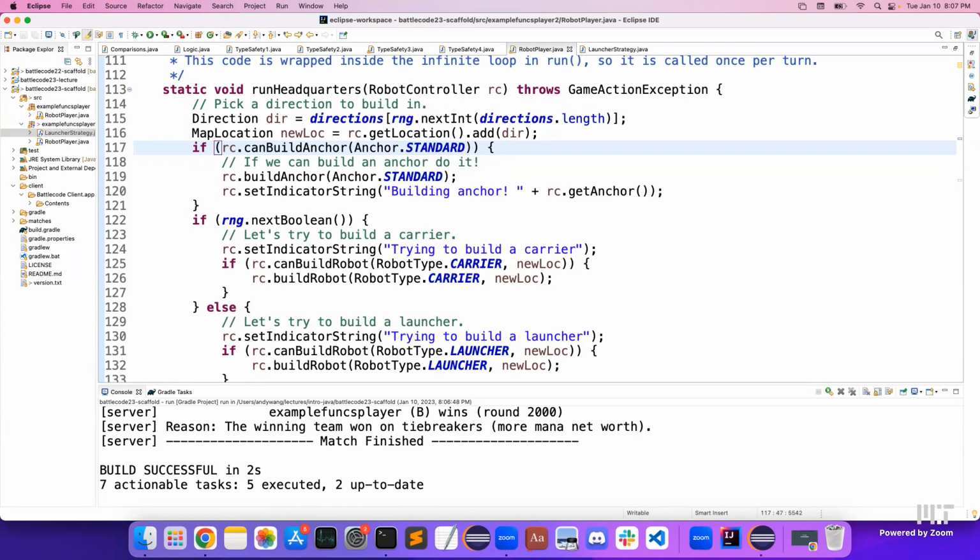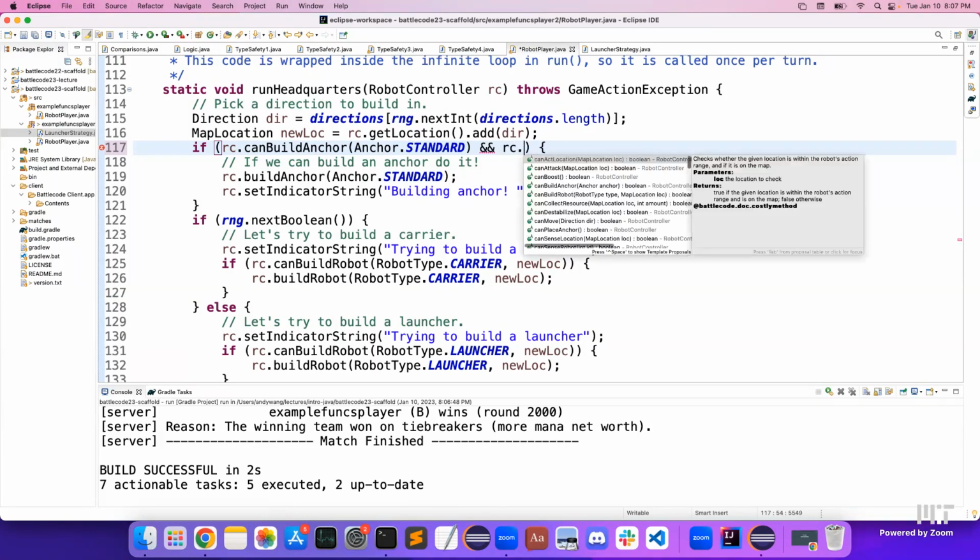Besides just checking whether we can build an anchor and building it, why don't we check if we have enough resources? If we have excess resources, we can build anchors. Otherwise, we can build launchers or we can build carriers. So how can we do this? Once again, RC, the robot controller, is what we want to interact with everything with. And hit RC dot